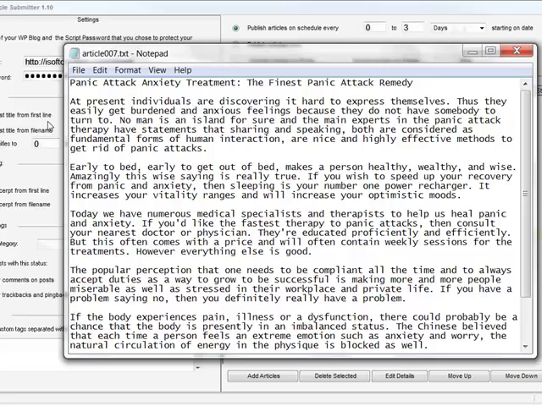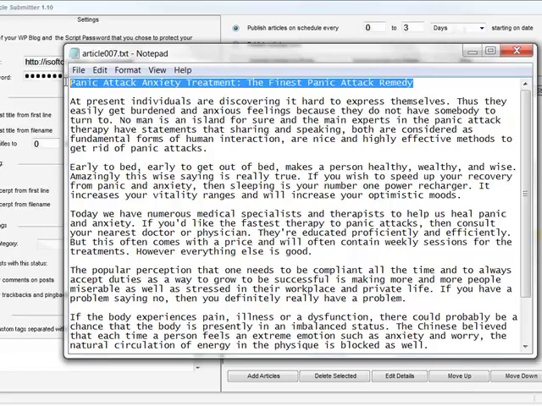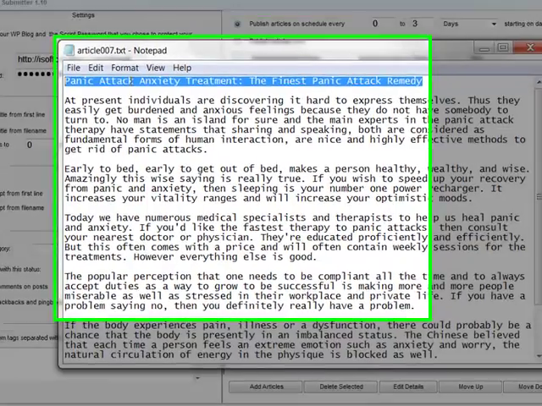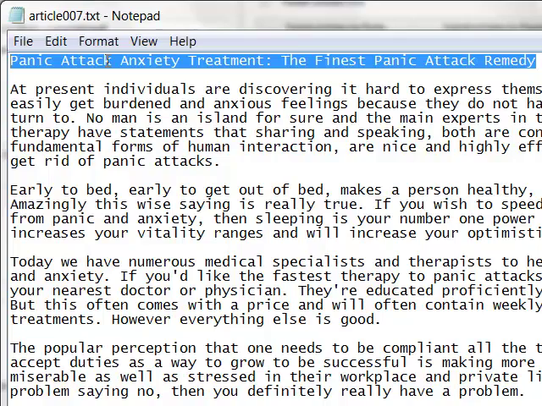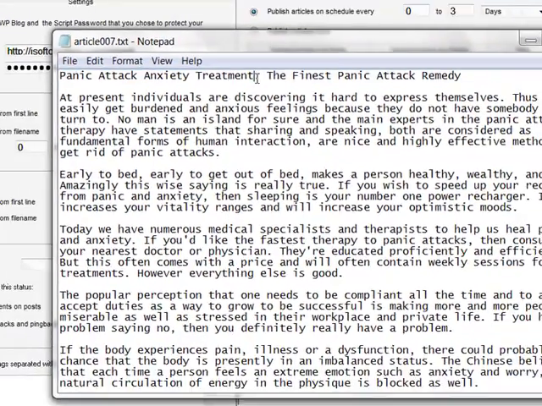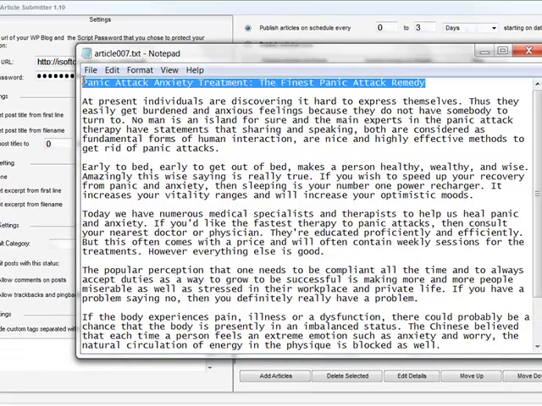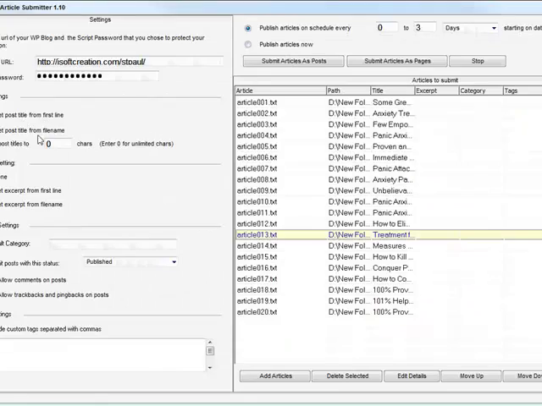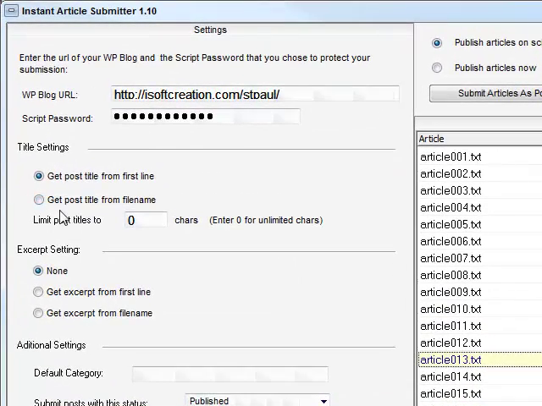So if you select this, it will take this to put as the title for your post. It's a very good way if you want to do some SEO, because normally you include a keyword inside the title of the post, right? So I usually go for this. And if you want to get the